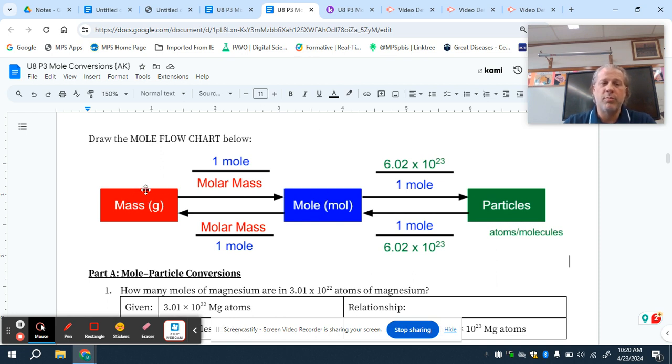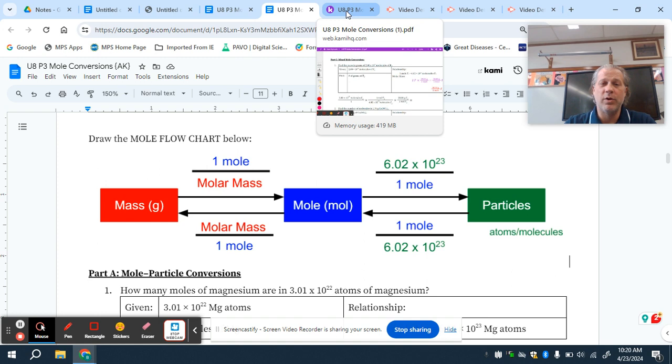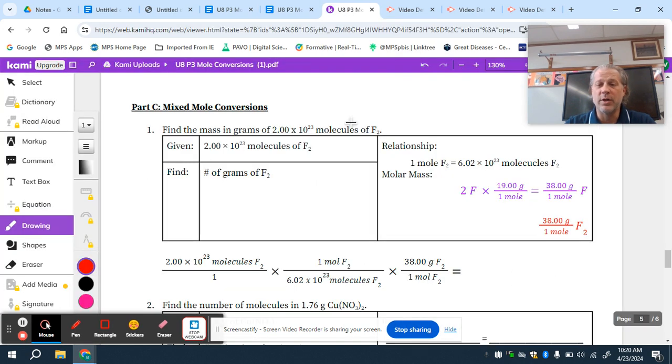So now we are going to do problems where you start on the mass side, go mass to moles, and then go mole to particles. Or you start on the particle side and you go particles to moles and then moles to mass. So these are a little bit longer problems, but we're just stitching together the two skills that we've already worked on. So if we're going to take a look at this first problem as an example, it says that we